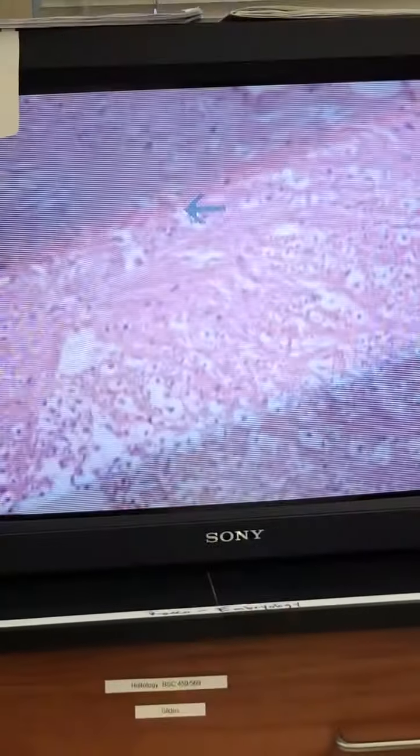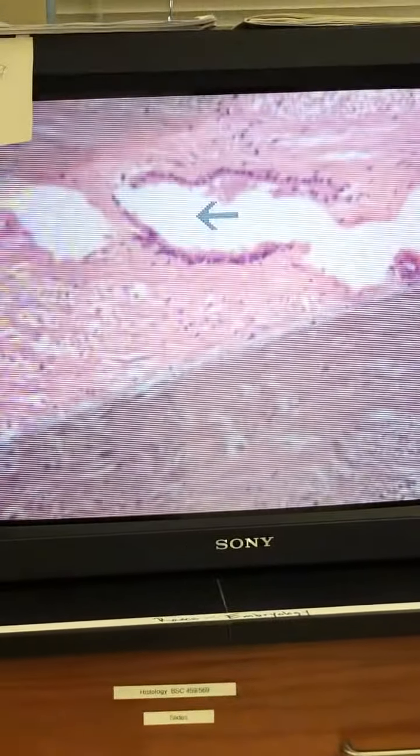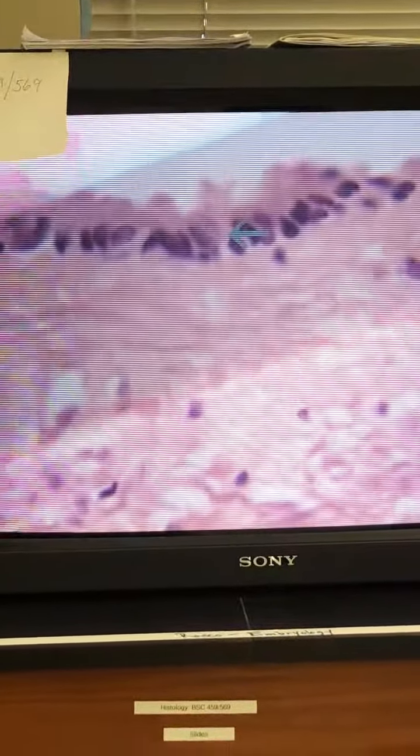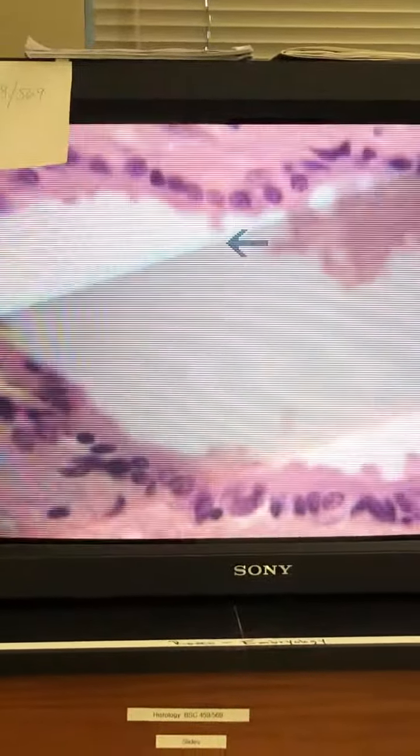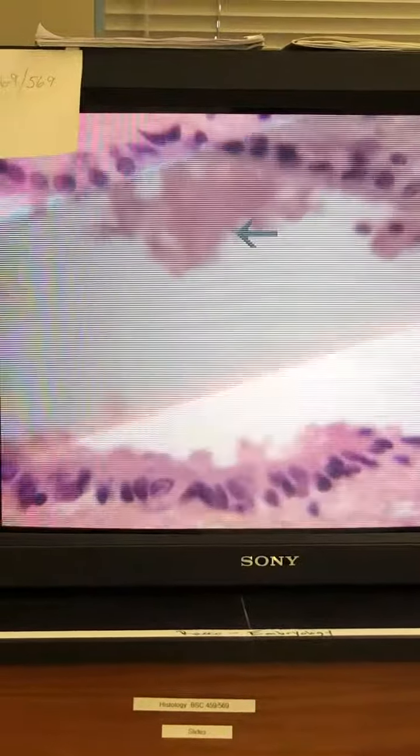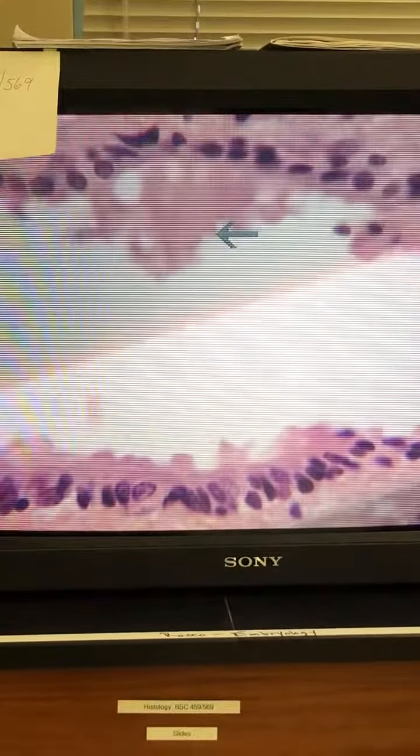Okay, so remember, it's going to have the same cells, like pineal cells, right? So if we look at it, these look like columnar type cells, right? But some of them can look like cuboidal. So they go from cuboidal to columnar, okay? So that whole space. Now on this, I'd have to get on oil to see the apical modifications, but